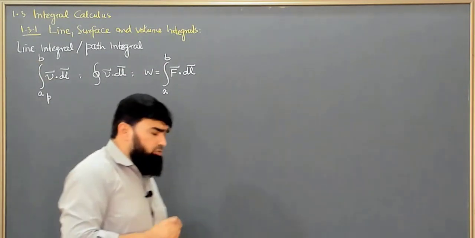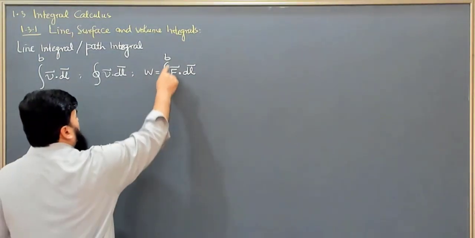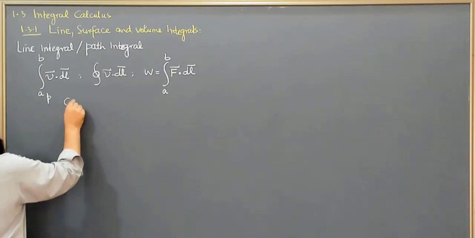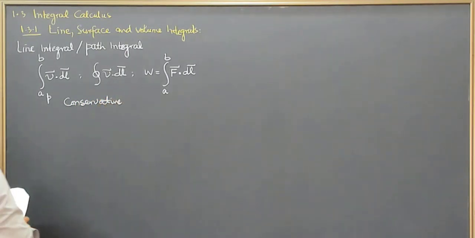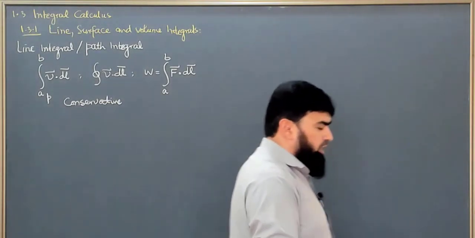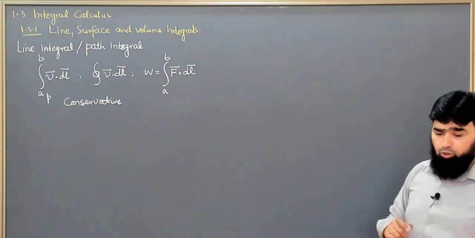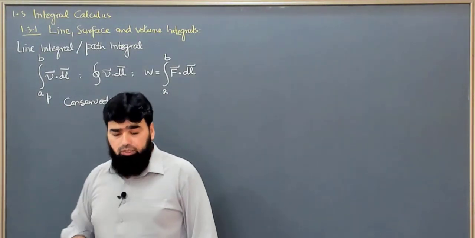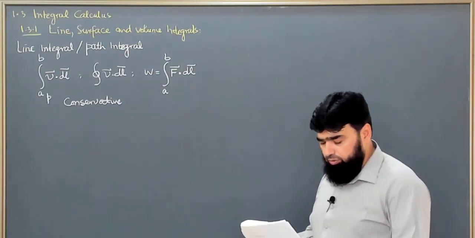However, there are certain functions or vectors which do not depend on the path followed but only on the endpoints, A and B. Those vectors or functions, which we will discuss later, are termed conservative vectors, conservative forces or conservative physical quantities, and the electric field is one of them. Inside an electric field, if work is done on a charged particle, it is independent of the path followed from A to B. It will only depend on the endpoints. So we say the electric field is a conservative field, or the force involved in the electric field is a conservative force.